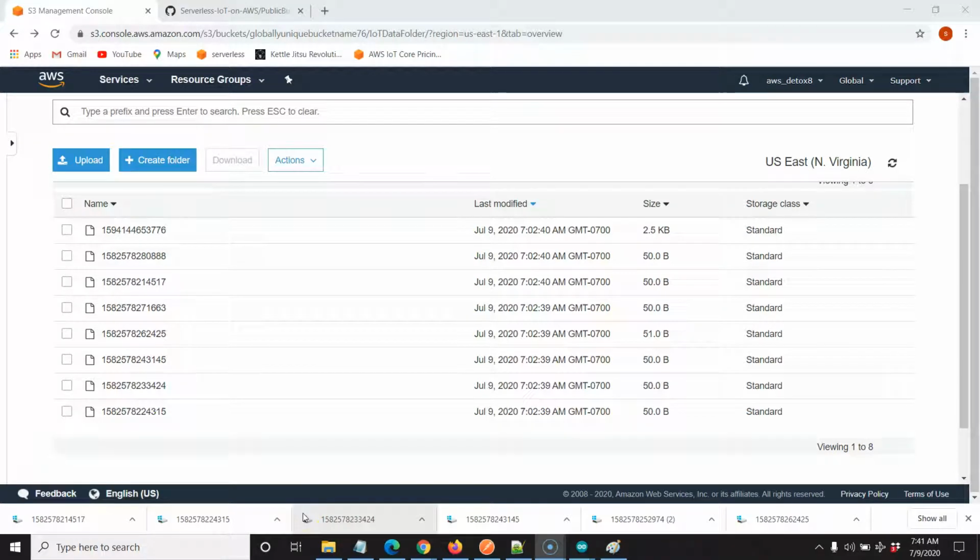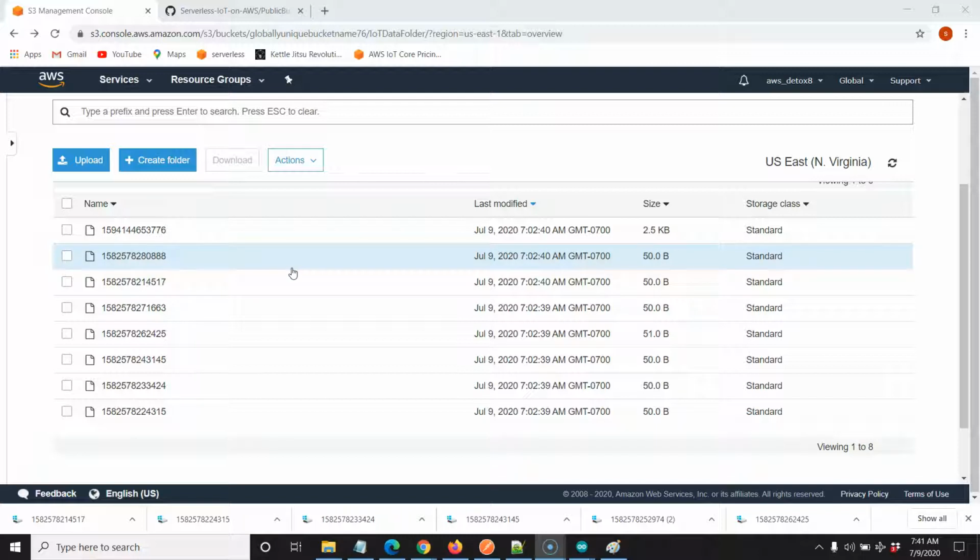Now I have 8 data objects in my S3 bucket. These were sent over by my ESP8266 through API Gateway, processed, filtered, and enhanced with Lambda with that date now stamp, which gives it these names in sequential order, and then dispatched over to this S3 bucket that we made earlier in lecture 1 of